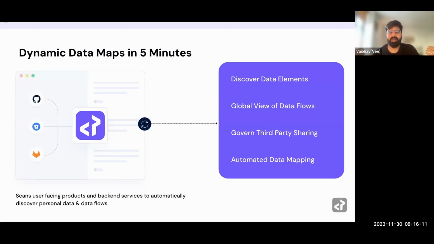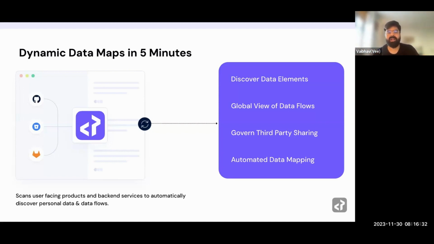Now, if you go through our cloud service, it's up and running in 5 minutes. The first scan can come in the next 3 minutes. Within a day, you have the full data map. If you go with on-prem, that's a little bit more time, but it's still in days. It doesn't take months. It's not a 6 months or a yearly timeline. Within a matter of minutes or a day, you can get the actual data map for